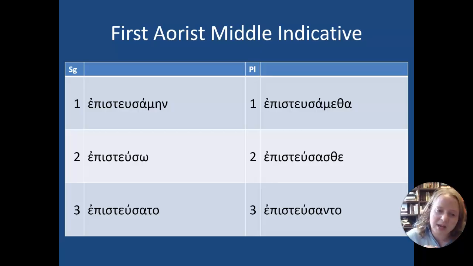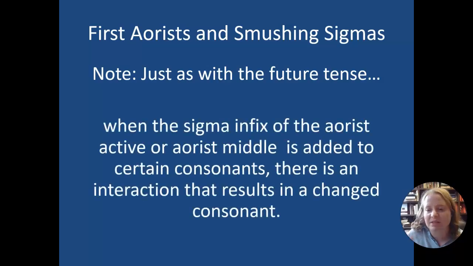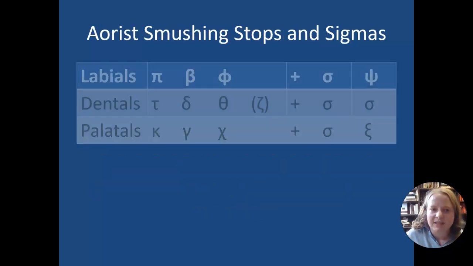You're going to see it most commonly in the forms that you're going to recognize. The main is similar to the my and the met, the other kinds of forms that we've seen like that. The amatha, the aste, very similar. The sato and the santo, you're going to recognize that from having seen it in other forms. It has the same challenges because you're adding a sigma as the future has with smushing stems. So when the sigma hits certain consonants, things change.